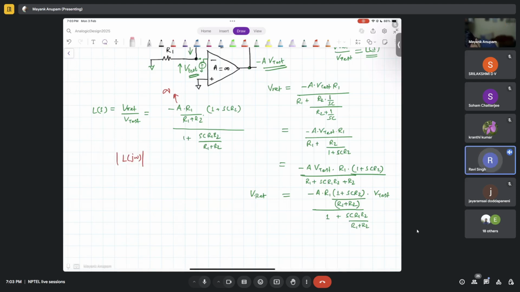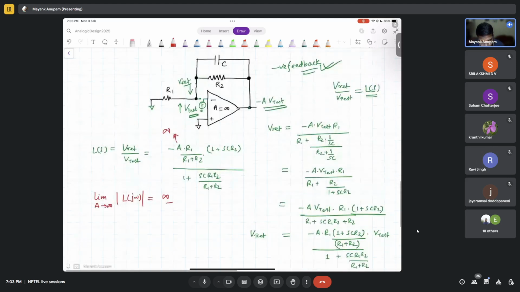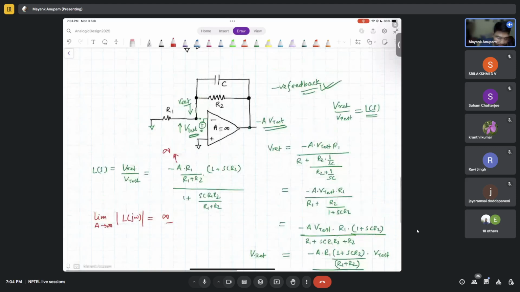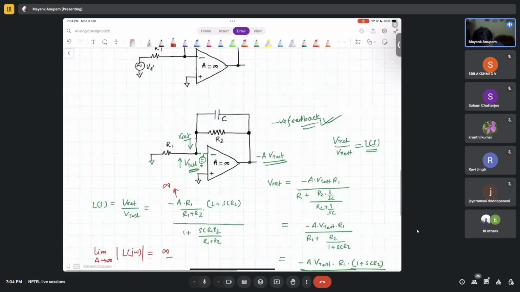For all frequencies, it will be infinite. So this will actually mean that this is also infinity, right? Yes, it will be infinity for all frequencies. So that is not a problem. Loop gain is actually infinity for all frequencies. Good. Now that we are clear on it,